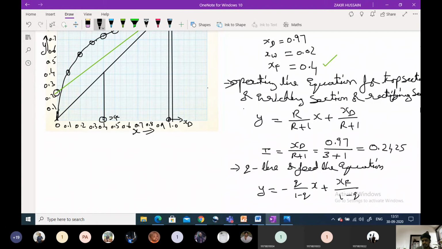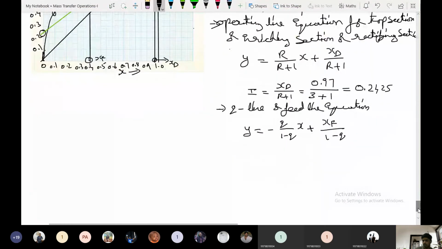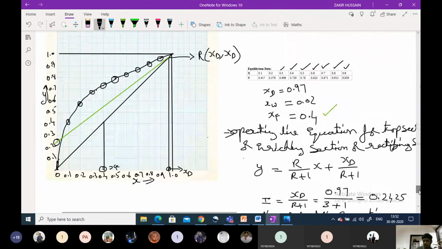So I am directly calculating by the intercept method. In the problem they have given a saturated liquid, meaning q is equal to 1 already. We don't have to estimate this. If you see the slope, minus q by 1 minus q, with q equal to 1, that is 1 divided by 1 minus 1, which is 1 by 0, infinity. So for an infinite slope we have to draw a vertical line. For this problem you don't have to calculate the slopes or intercepts. It is very easy. They have directly given q is equal to 1.